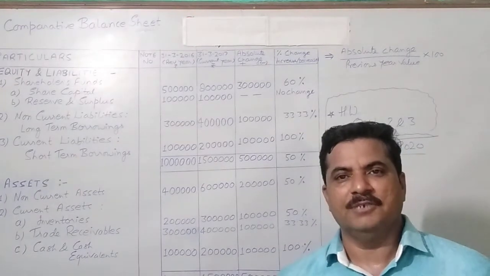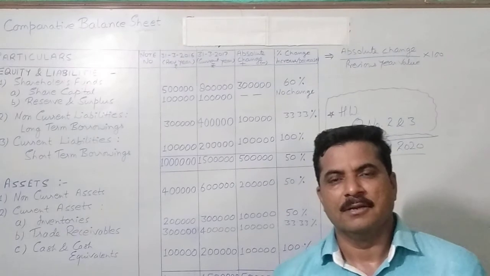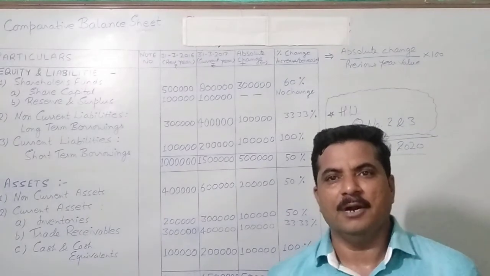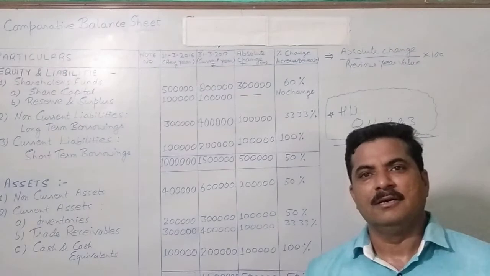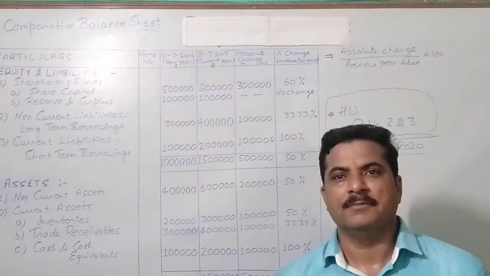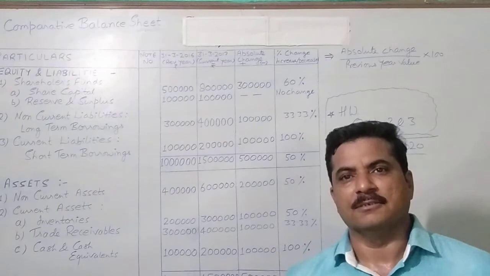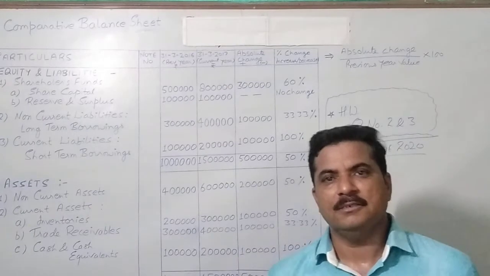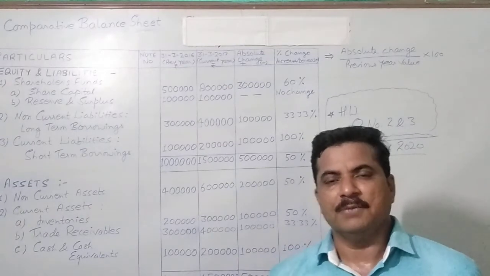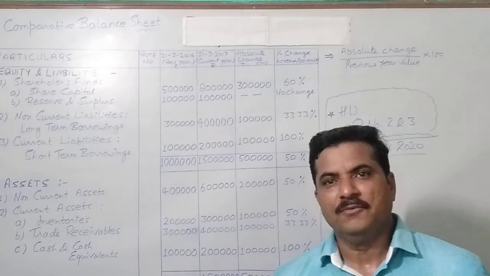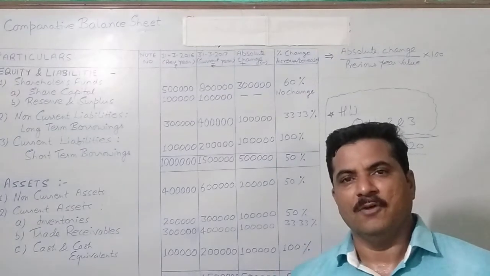As you know, we have just started chapter 3 in part B of accountancy. This third chapter of part B is concerned with comparative statements, and comparative statements are part of horizontal financial analysis. Students, in comparative statements we compare the facts and figures provided by financial statements for 2 or more years.